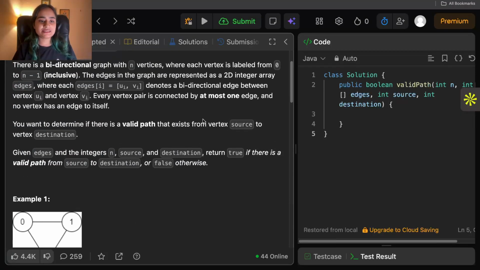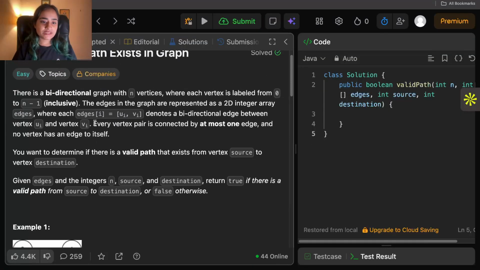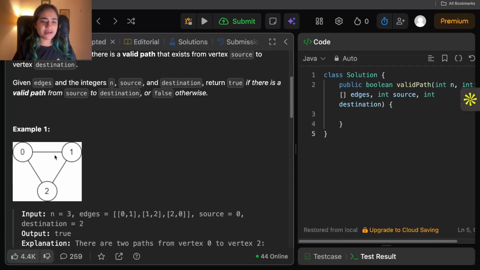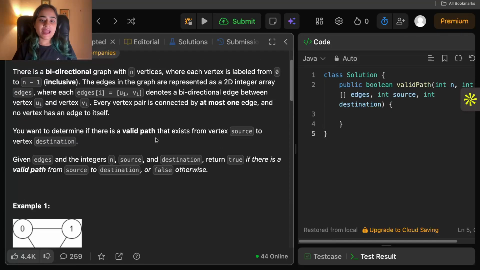Now what are they asking? It says every vertex pair is connected by at most one edge and no vertex has an edge to itself. That means at least one edge is going from every single vertex. So 0 has at least one edge, it has basically 2, and then 1 has at least one edge. Every single vertex or node has an edge, right? And then no vertex has an edge to itself.